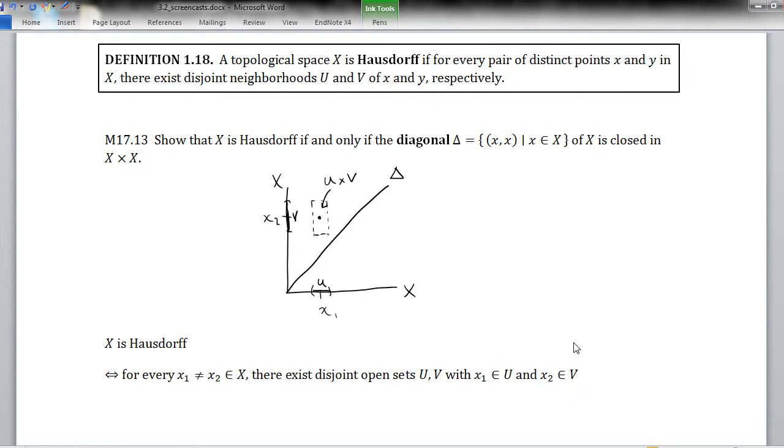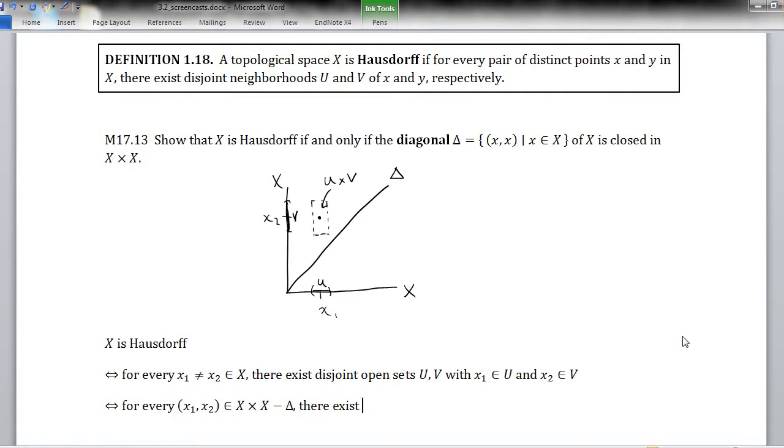Good. That is equivalent to the following, right? If we have x1 and x2 in X, that's the same thing as having an ordered pair x1 comma x2 in X times X, right? And then to assume that x1 and x2 are not equal to each other just means that this ordered pair is not in the diagonal of X, right? So in other words, this is in X times X minus the diagonal, or it's in the complement of the diagonal. Okay. So for every such thing, just copying our previous statement now, there exist